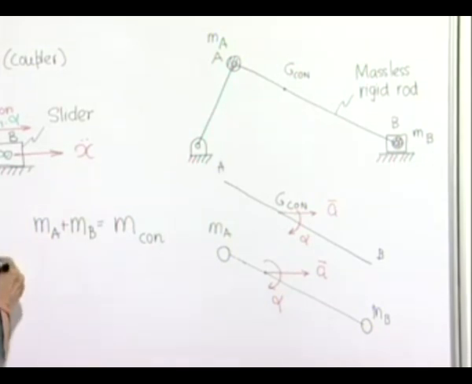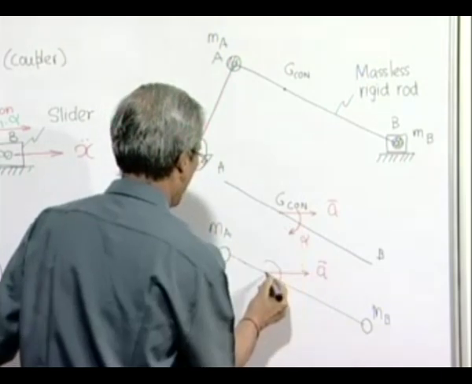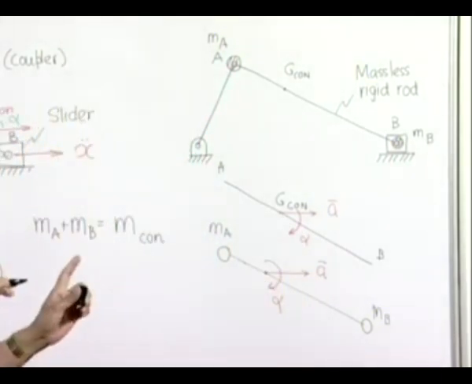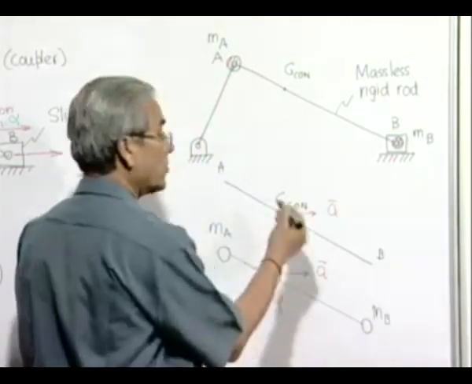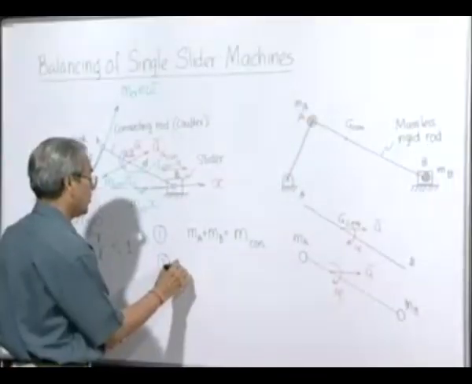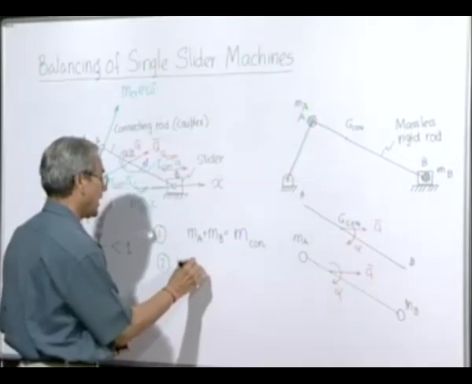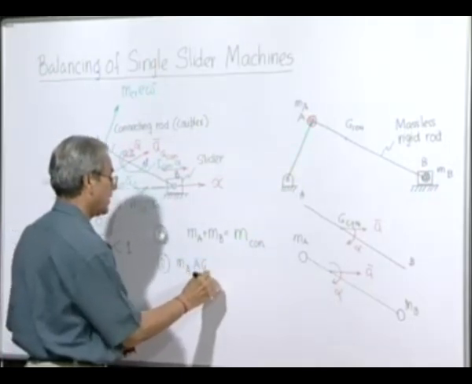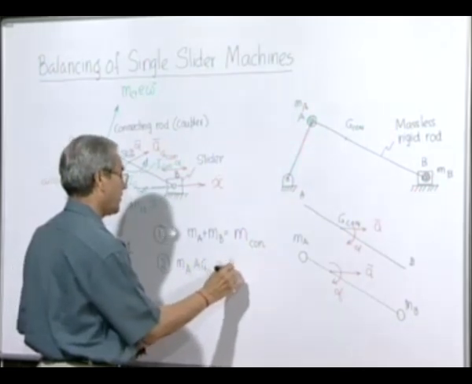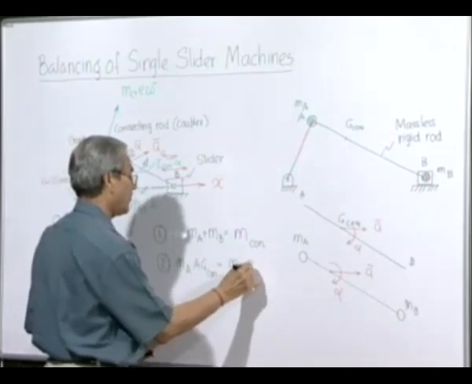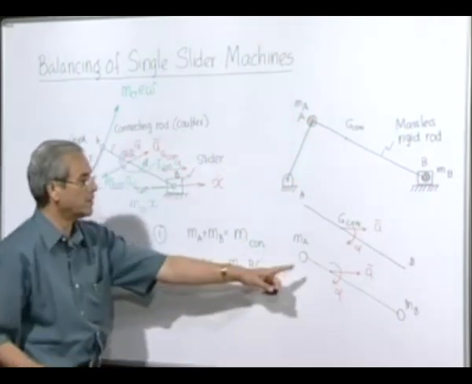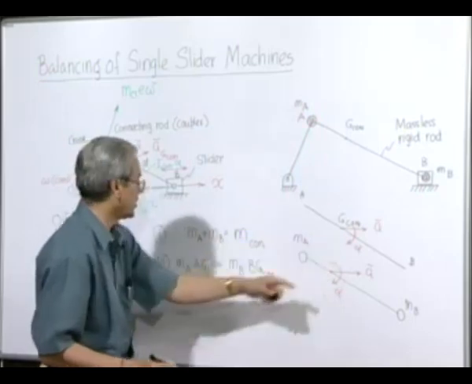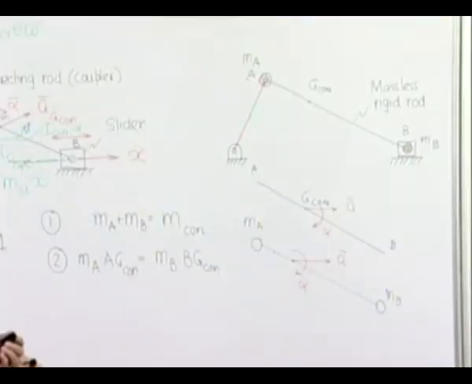Condition number two is that the location of the center of mass here and the location of the center of mass here should also be unchanged, so that the moments produced about the center of mass due to certain acting forces also remain the same. So, to satisfy that,